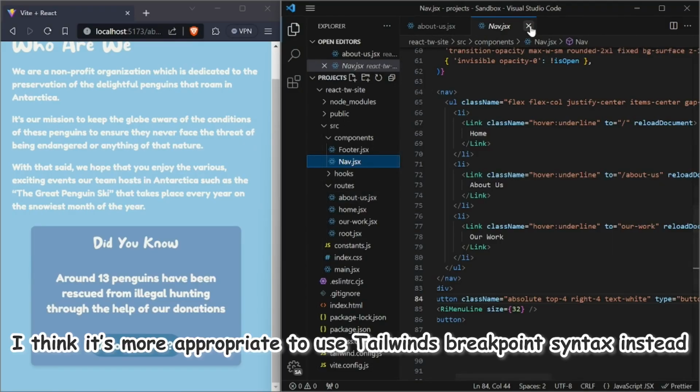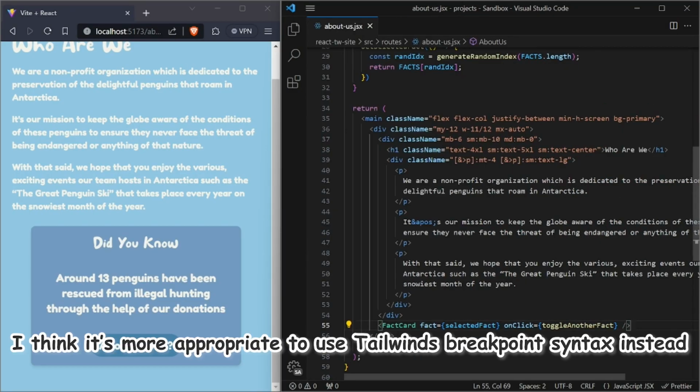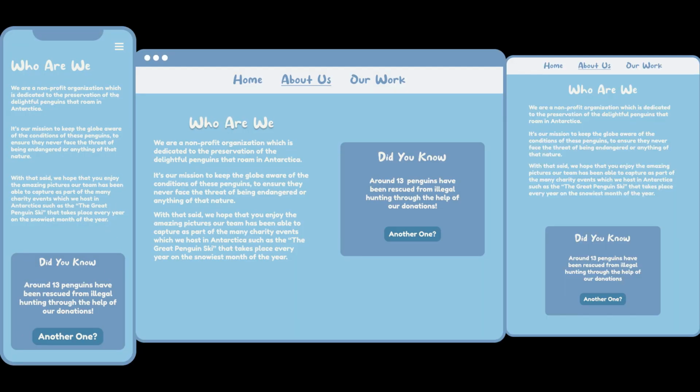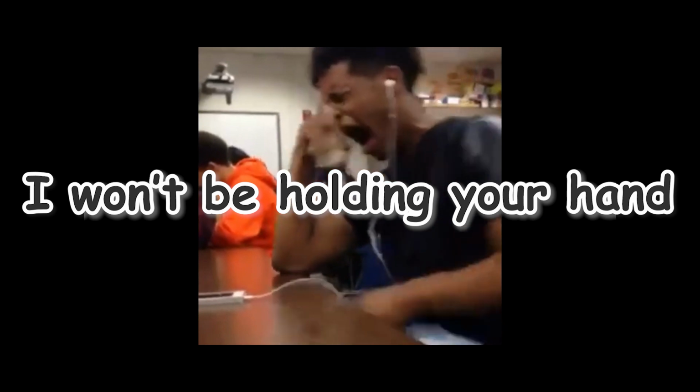But this time, I think it's more appropriate to use Tailwind's breakpoint syntax instead, because we are not rendering new components at all. Since that is the case, I will give you the opportunity this time to try out responsive styling for this page using the mockup design, which I'll provide as a reference for you, so you may practice what you've learned. If you get stuck at any point, then do check out below for a link to the final source code. This will be the hardest segment of this video for you, because I won't be holding your